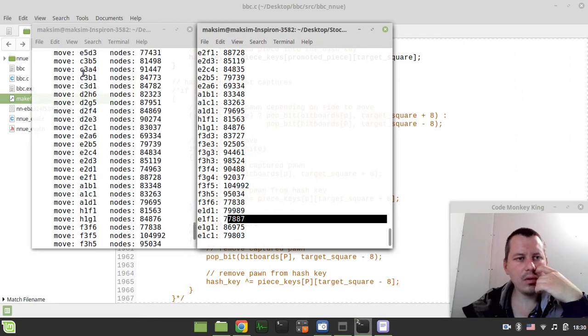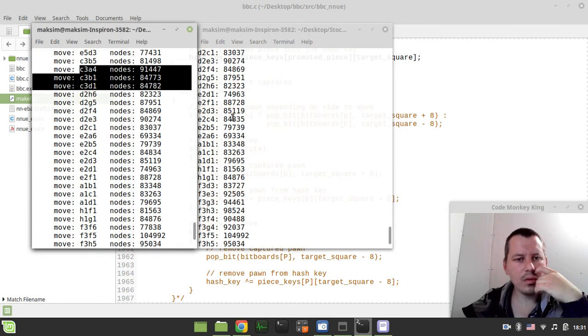C3 B1, this one, C3 A4, same, C3 B1, hold on, C3 D1, C3 A4, yeah, these are the same. C3 A4, C3 B5,